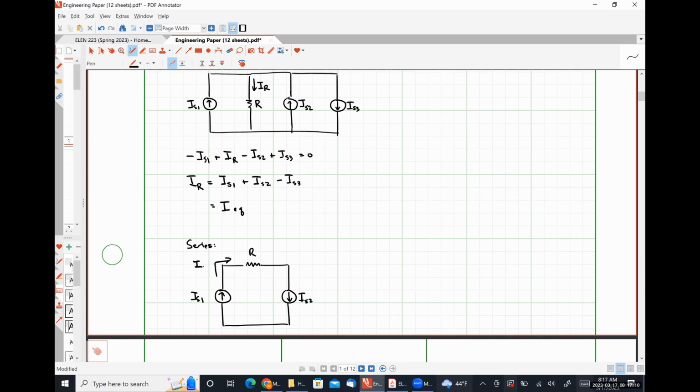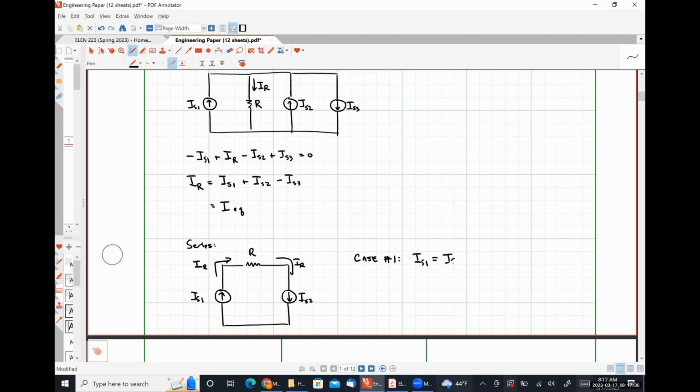Here is our resistor current, and I'm going to draw it on both sides here. And we're going to have two potential cases here, much like we had with voltage sources in parallel. So case one,